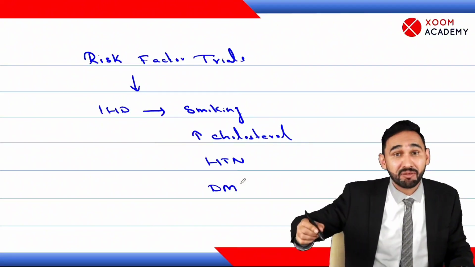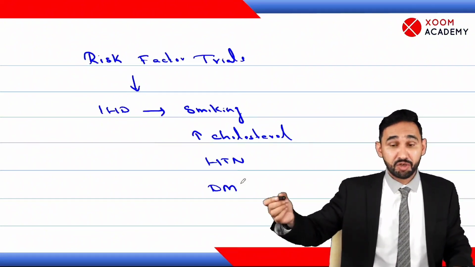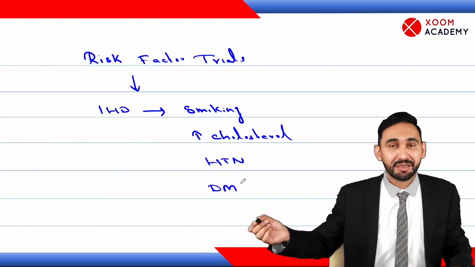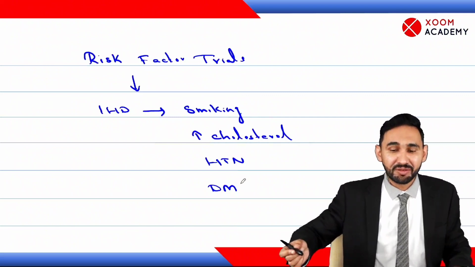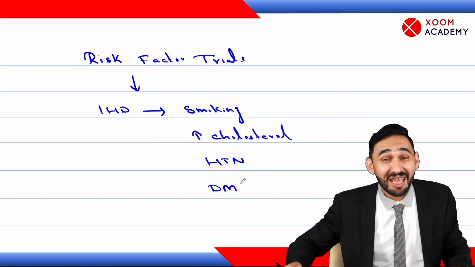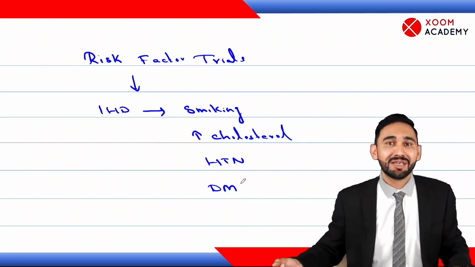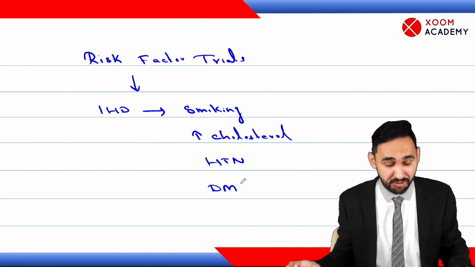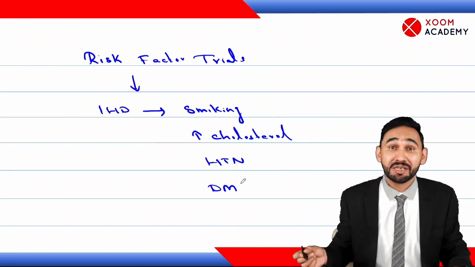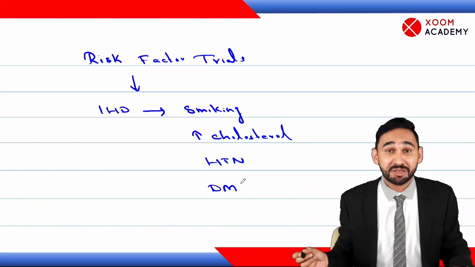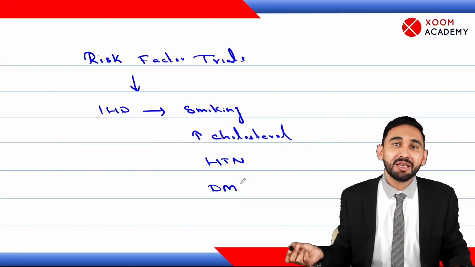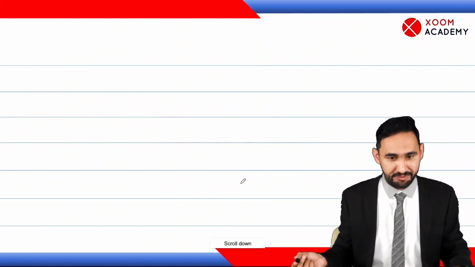So these may be helpful in planning. We do plan that if people do cessation of smoking, the incidence of ischemic heart disease is reduced. By controlling cholesterol levels, it is reduced. By controlling hypertension, it is reduced. By controlling blood sugar level, it can be reduced. So these trials are helpful in preventive measures, helpful in intervention, or we can say that risk factor trials can be helpful in implementation or in further interventions.